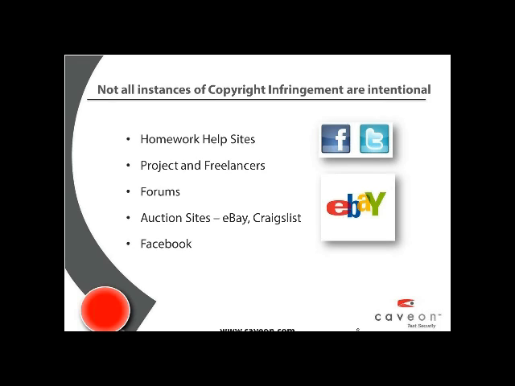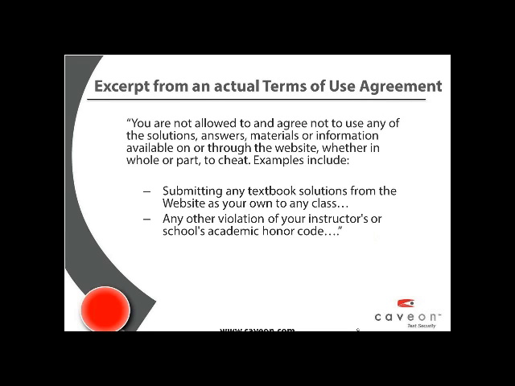Now these sites themselves have the honest intention of trying to help students, test takers, but a homework or help project site such as Just Answer doesn't want to share stolen material. In fact, they make the registered user sign an agreement that what the user posts is not someone else's property, nor does it violate academic honor code, etc. Next slide, please.